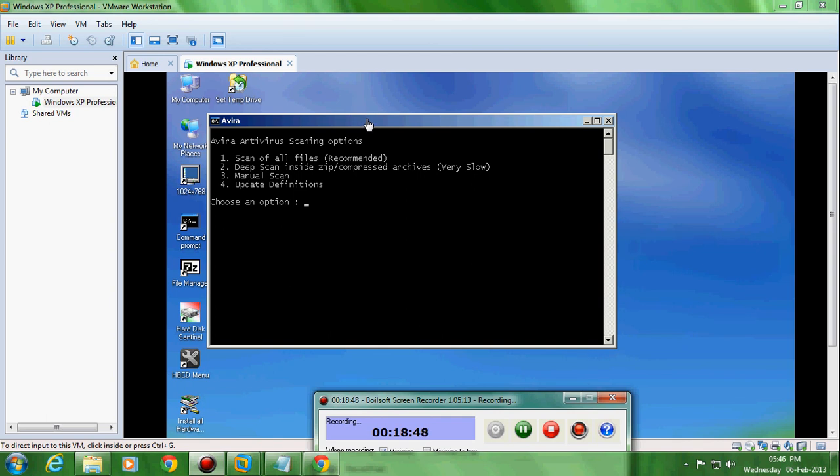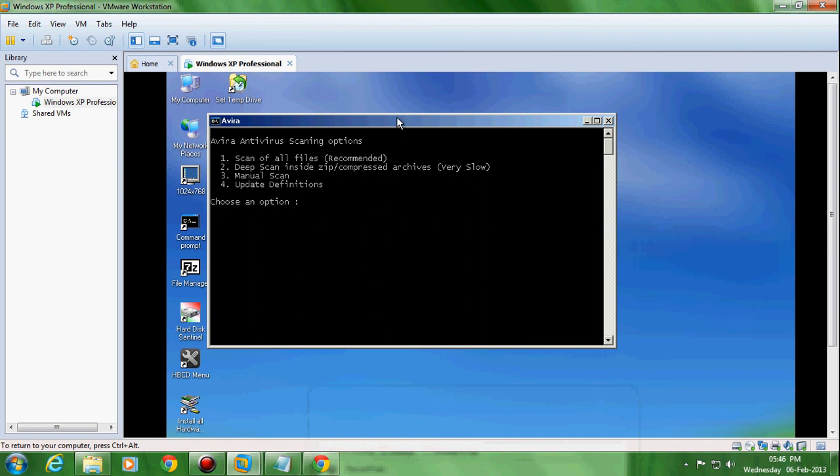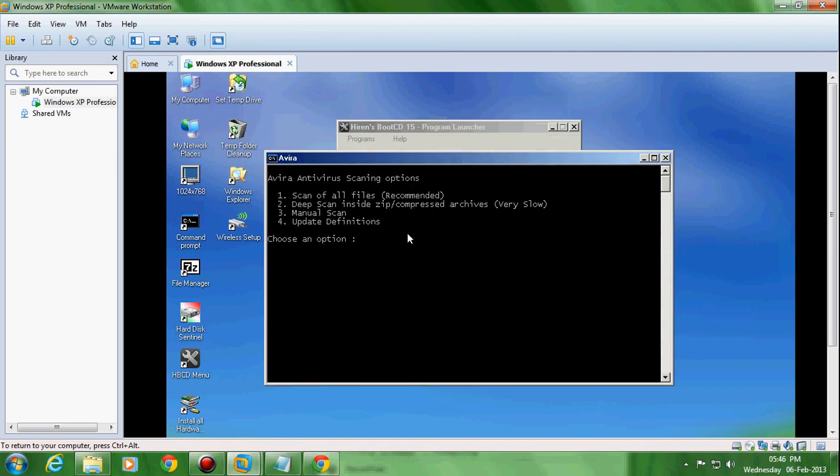This Avira antivirus will run in command mode, not in GUI mode. For this, before scanning the hard drives, just connect the internet and update the definitions by selecting option 4. Then select 1. After scanning the files, you choose what you want to do, whether to clean, delete or rename the file; options will come.